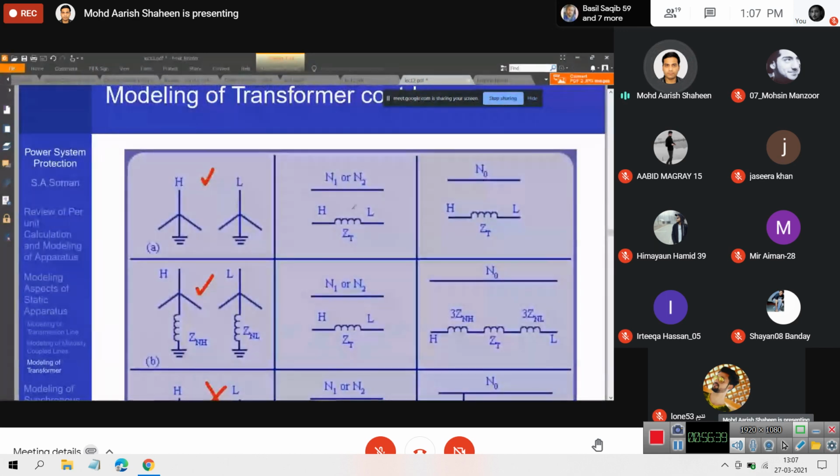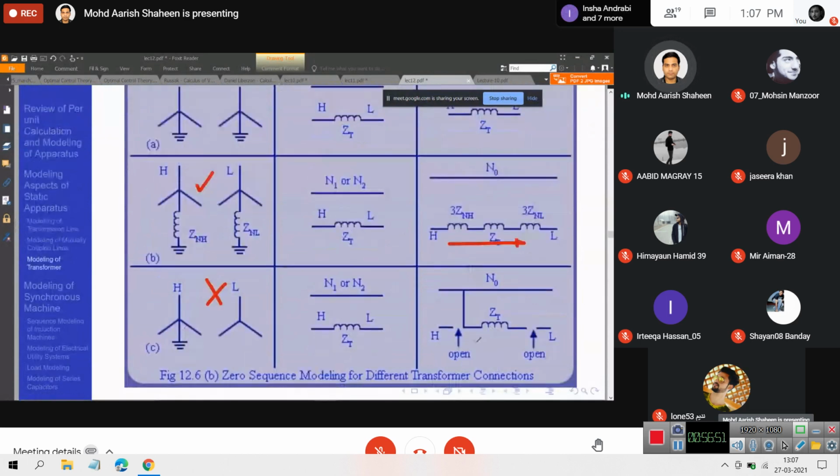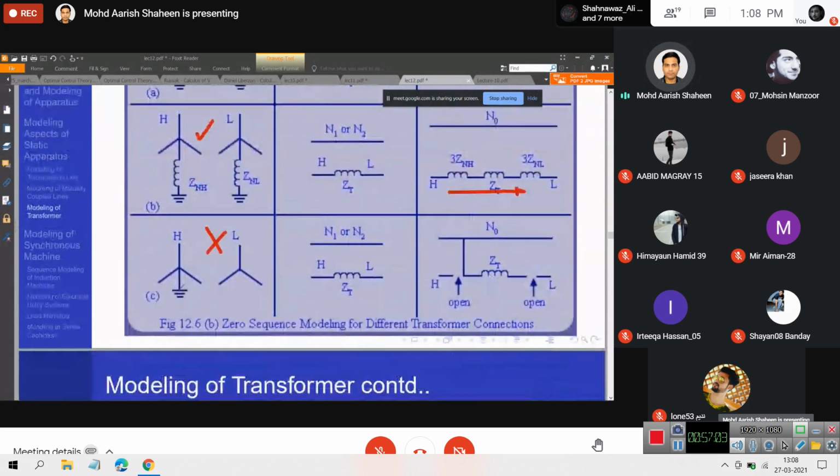In this case, again, both zero, ये जो आपके पास zero sequence current है, it can flow on both sides. So in this case also it can flow on both sides. There is no open circuit. In this case, obviously on the H side, we would expect it can flow from the H side. And from the L side we would expect it will not flow, but in fact यहाँ पर H साइड पे करंट फ्लो नहीं होगी.